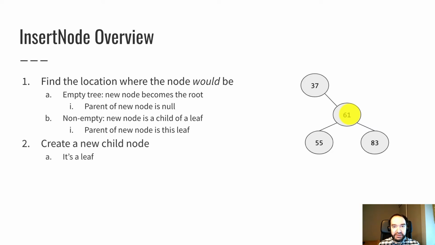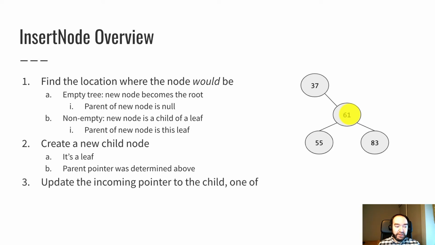It will always be a leaf at the bottom of the tree, so its child pointers are both null, and the parent pointer was determined in the step above. Then we have to update the incoming pointer to this child node that we just created. It's one of the tree's root pointer. If this is the first node we're adding to the tree, then the whole tree's root pointer needs to point